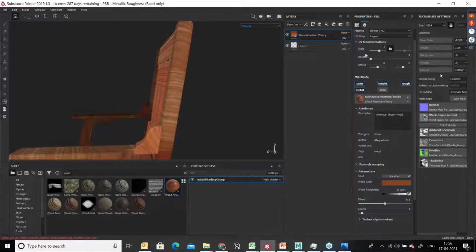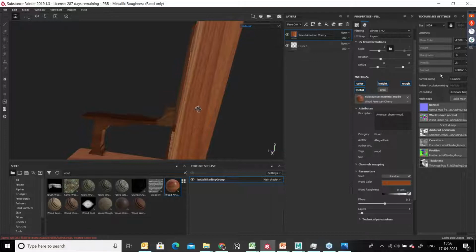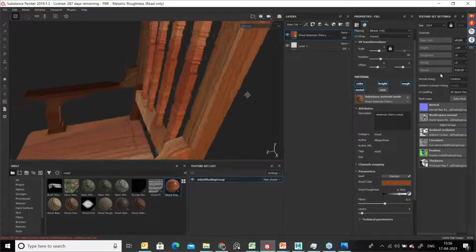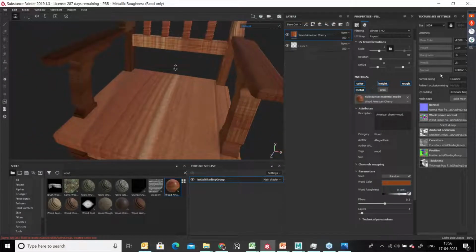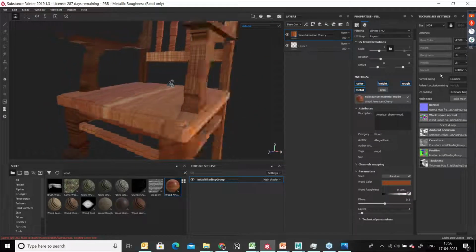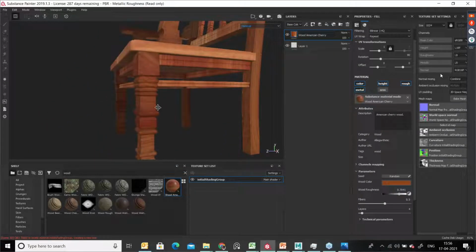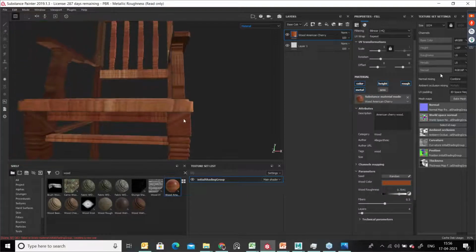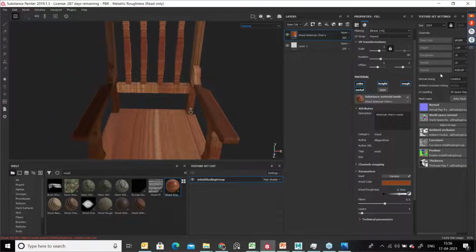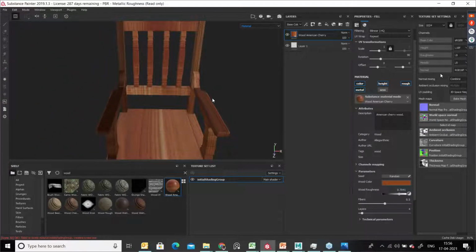Just go to properties of this texture, and make the rotation 90 degrees. Okay, the texture pattern is looking nice, right? Similarly, the entire chair texture pattern is looking good. Okay, and it's fine. Now what we have to do, the brand new chair is ready with the matte finishing.